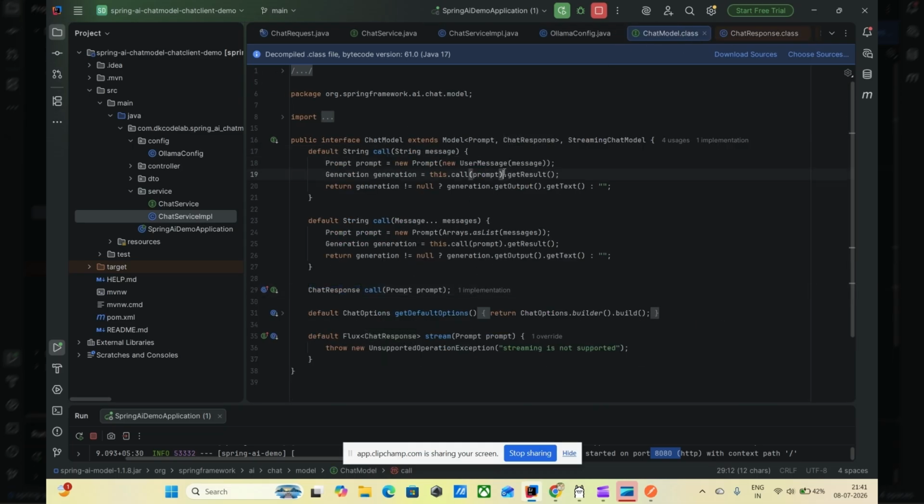Using this get result method, it gives the generation. Here the generation means each unique response generated by the AI, which is called a generation. Based on the AI provider, the AI can give multiple generations. For example, in ChatGPT, you can